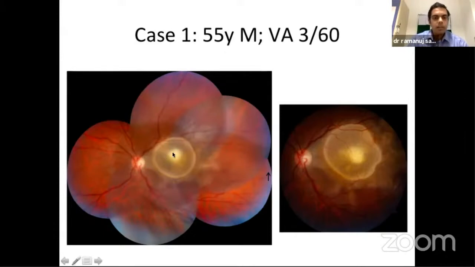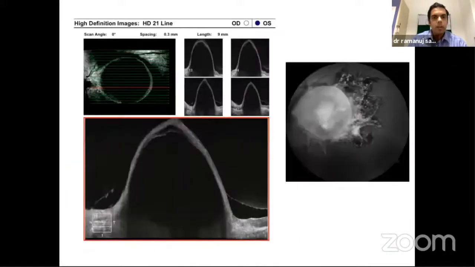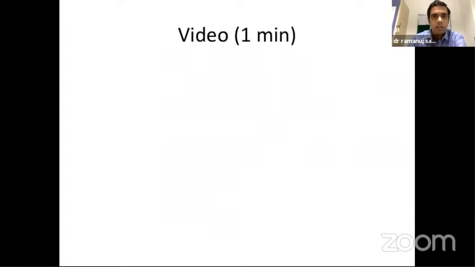On examination, there was a live undulating translucent cyst in the submacular region. We can see in the fundus picture that there was also 360-degree RPE changes around the subretinal cyst. The corresponding OCT showed a hyperreflective lesion with a surrounding small area of neurosensory detachment, and the autofluorescence also showed 360-degree RPE changes. The diagnosis was also confirmed on ocular ultrasound.